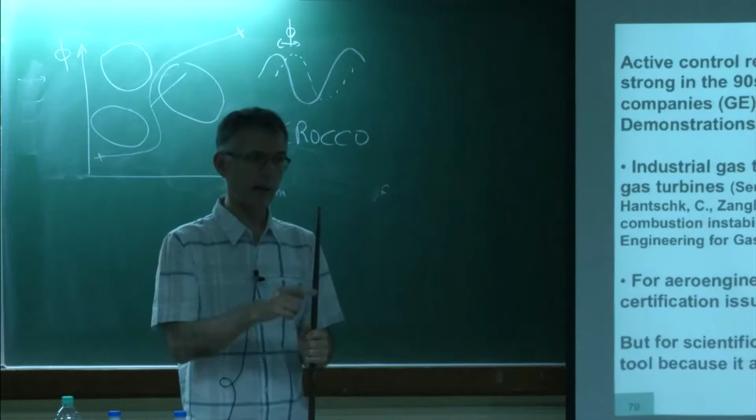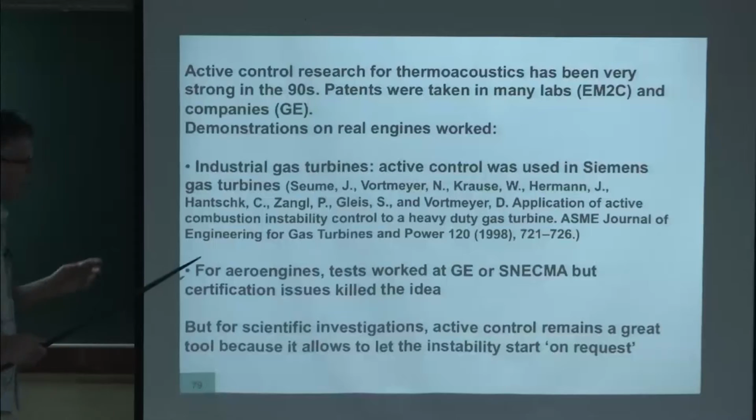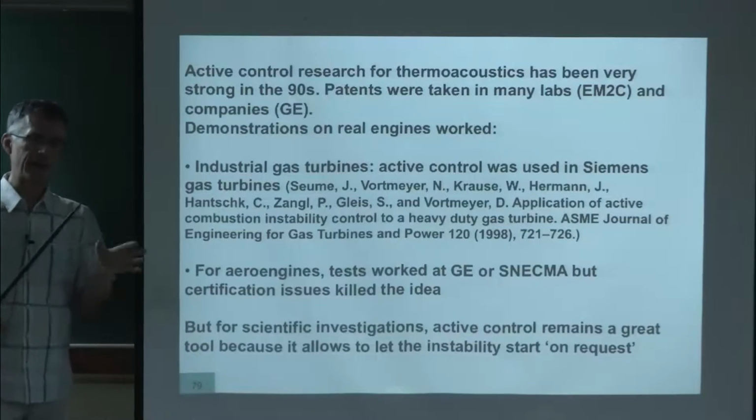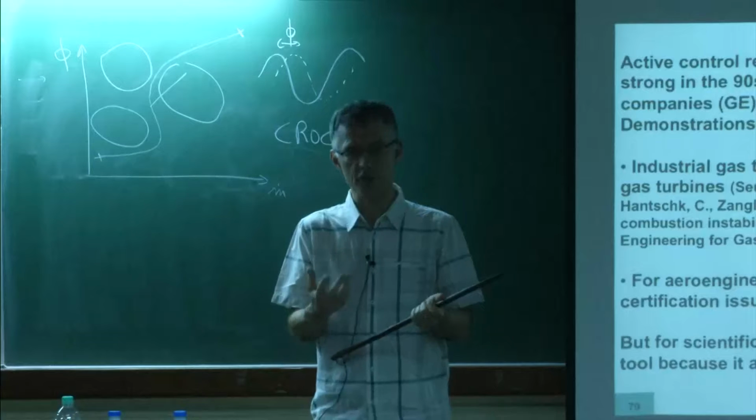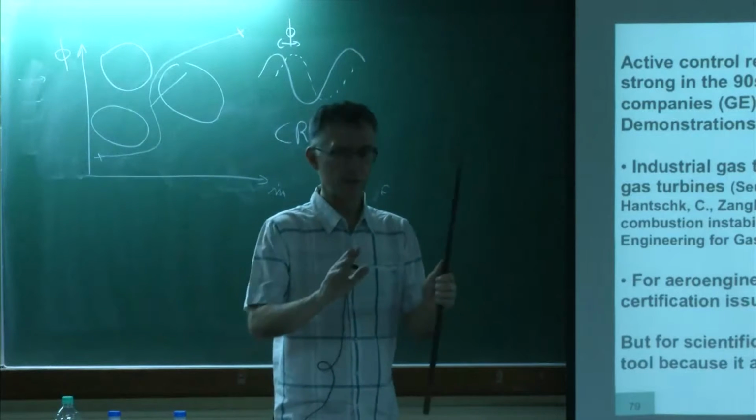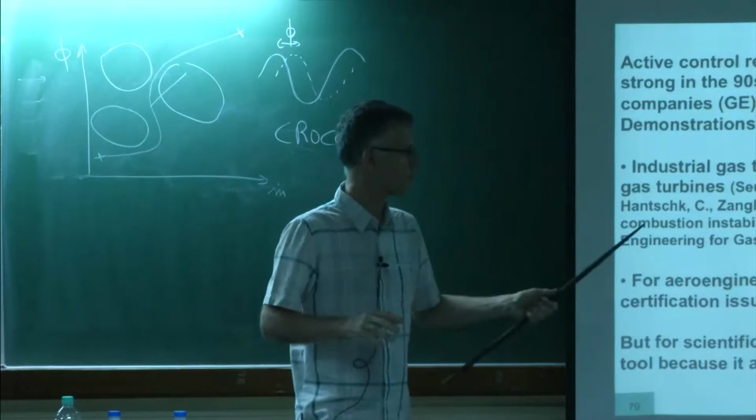Note also that compared to what Professor Kushawi presented yesterday, he was presenting what he called active control, but that was not closed loop, okay? It's an open system. This is closed loop. This is what makes it more efficient, but also more dangerous. Open loop is probably safer. Open loop, you don't have to worry about the phase.